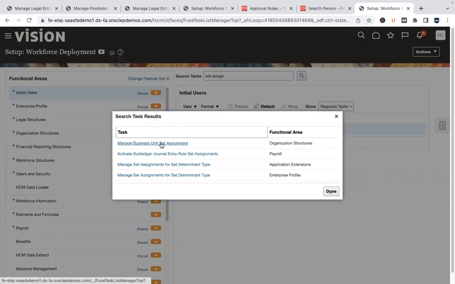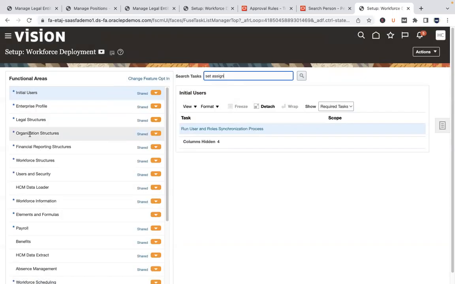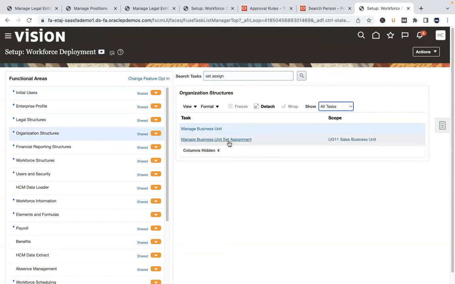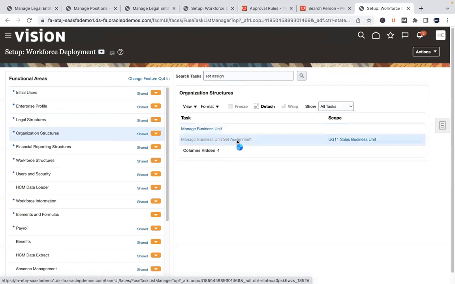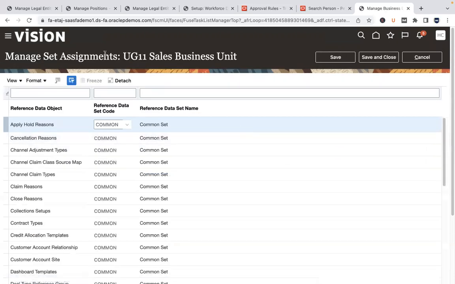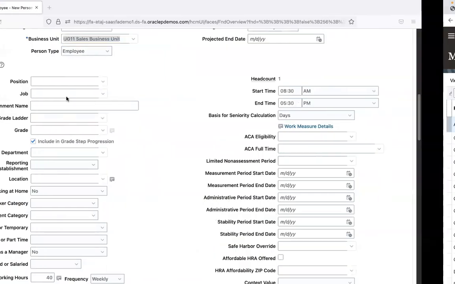Okay, it is going to come into a business unit set assignment screen. I go to organizations, I change it to all tasks. So it is going to come into this particular task, manage business unit set assignment. And remember, UG11 sales BU is set as a scope. So application will come into this particular task, set up UG11 as a scope, and it would search for a job